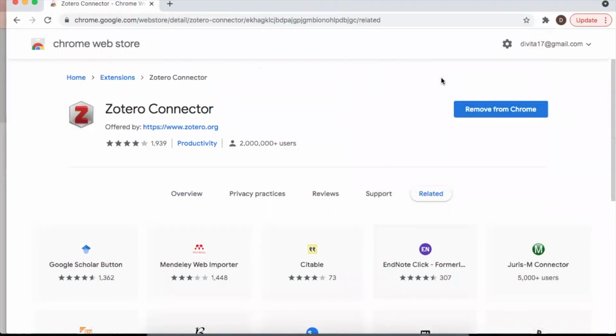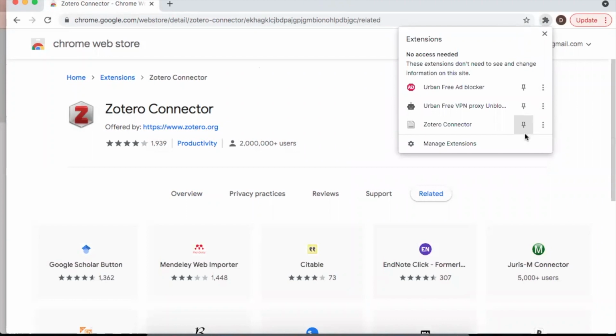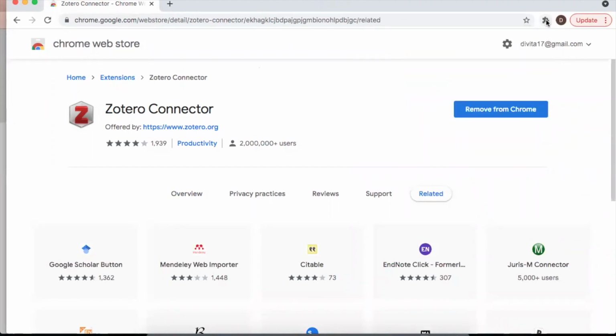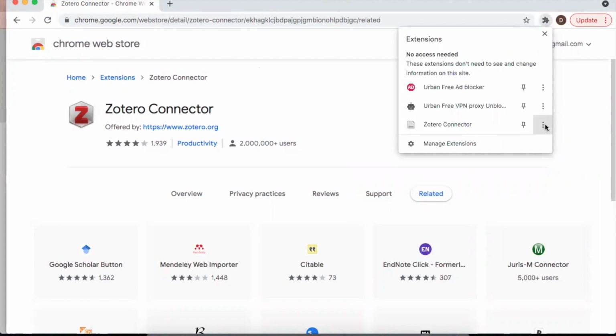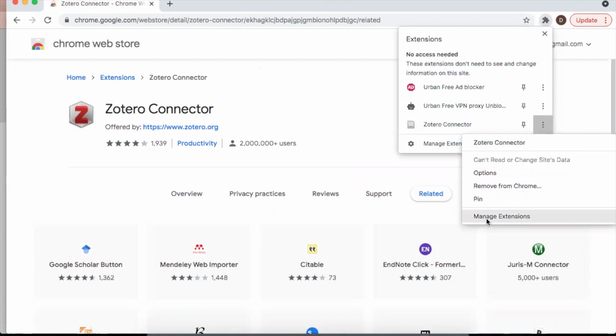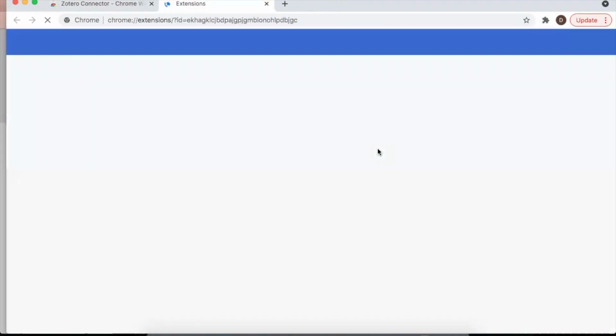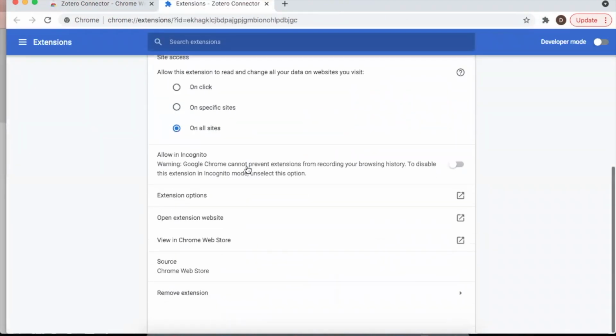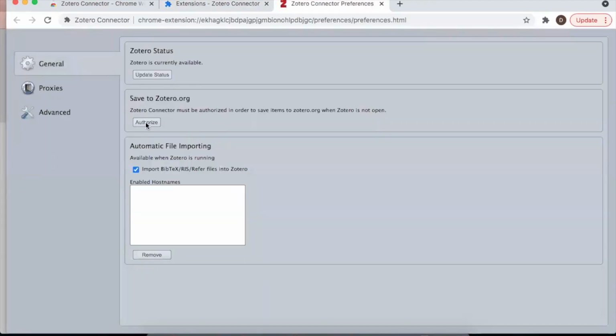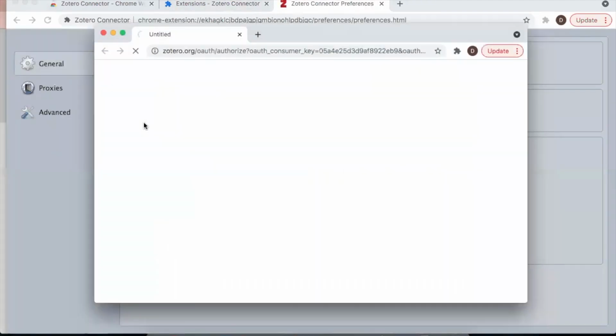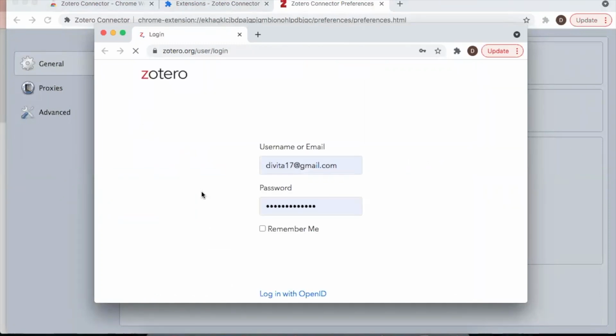Then the next step is to activate Zotero. You will go on this button, the connector button on Chrome. Then you click on these three dots, and go on manage extensions. After coming to manage extensions, you go to extension options and click on authorize. This will again tell you to log in, so that you can give permission to authorize.